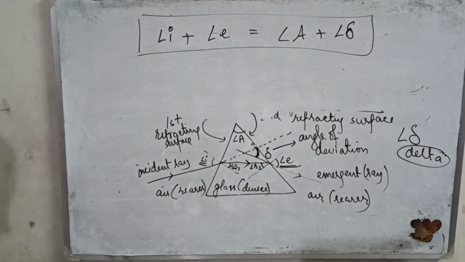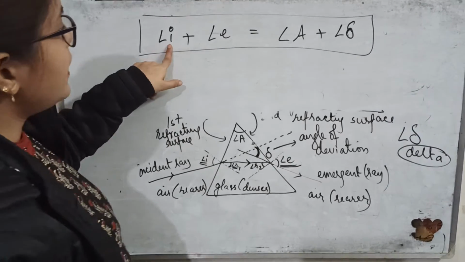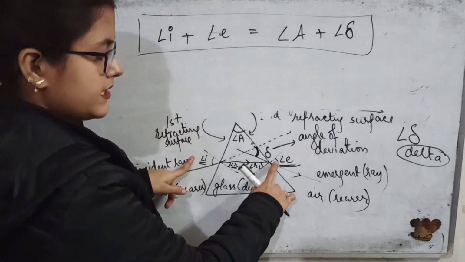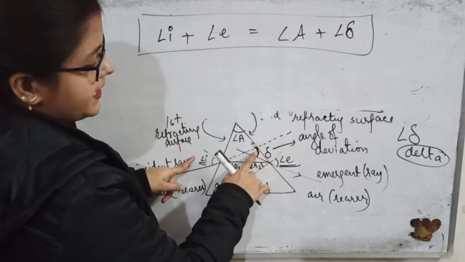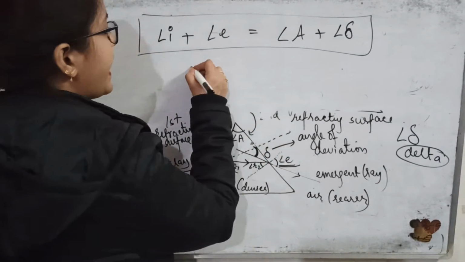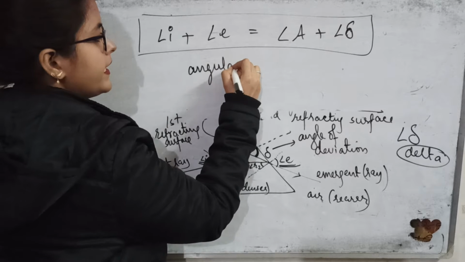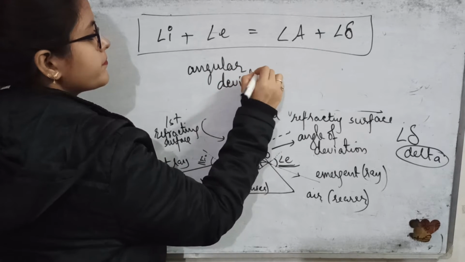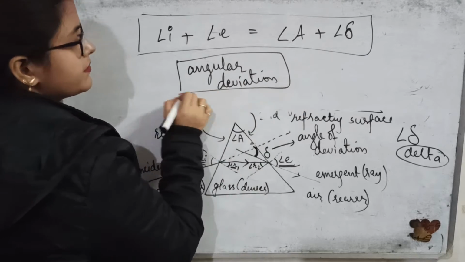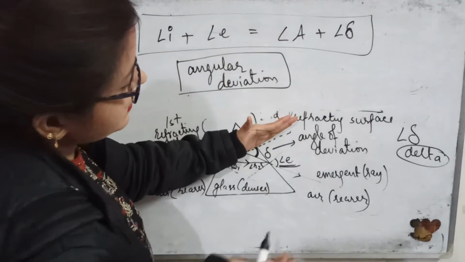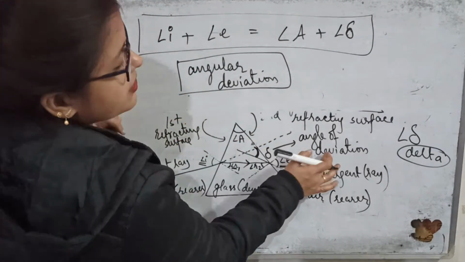Children, please remember, the angle of incidence plus the angle of emergence. This is the angle of incidence, this is the angle of emergence, and this is the angle at which the light ray got deviated. That is, it has shown angular deviation. Okay, and the angle between the incident ray and the emergent ray here is called the angle of